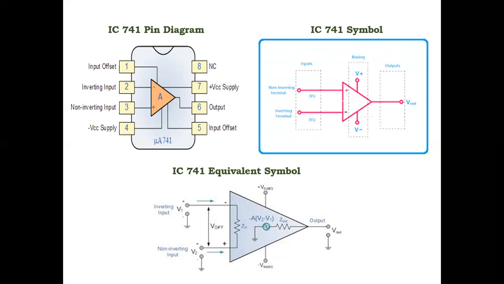Generally we use the input and output terminals. The remaining terminals, input offset and no connection, are not used in any kind of operation. They are used to reduce the offset errors.